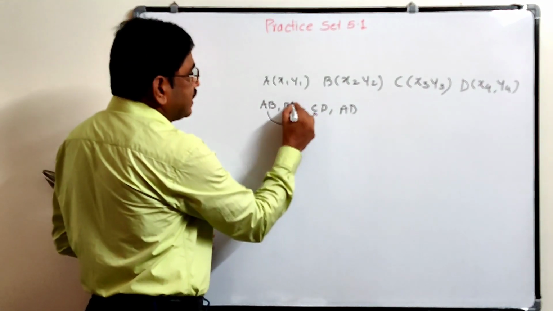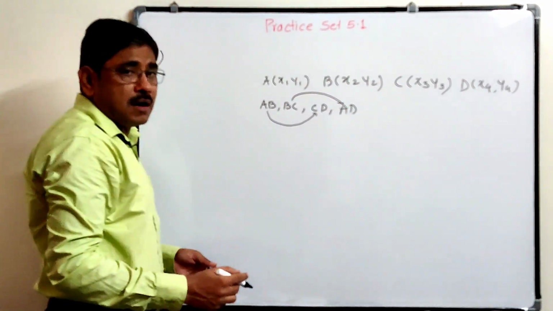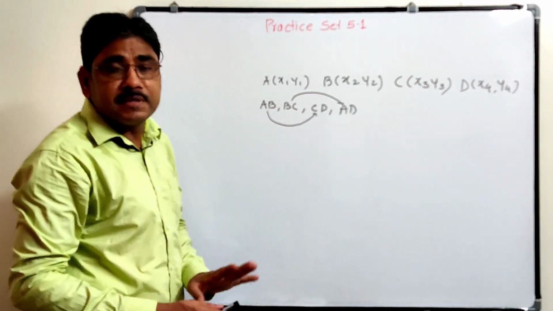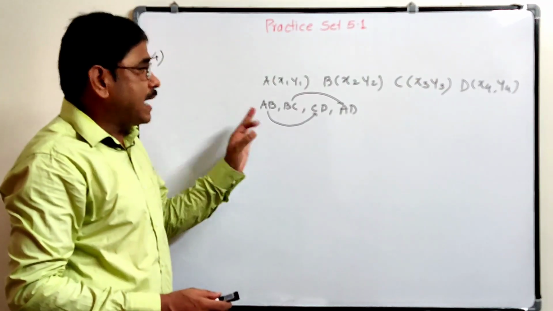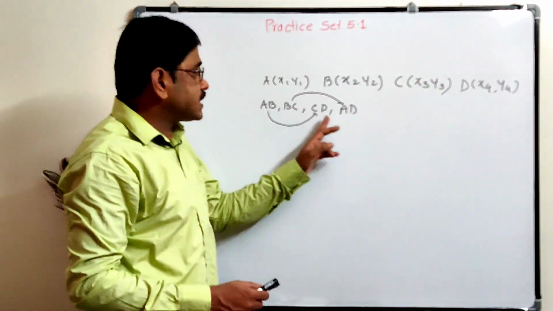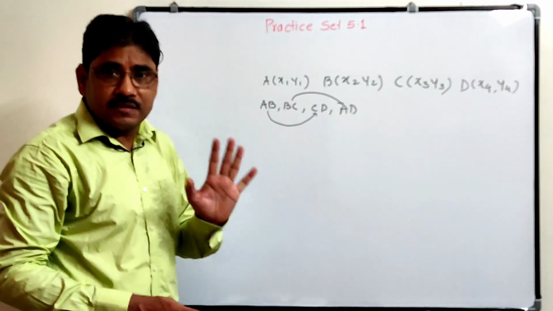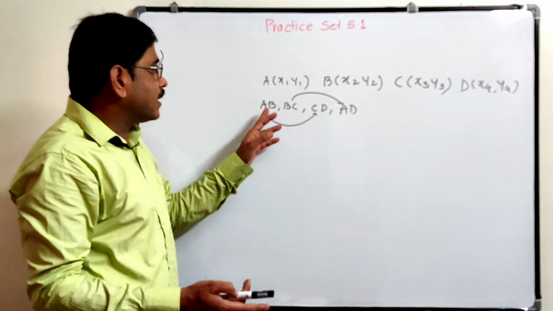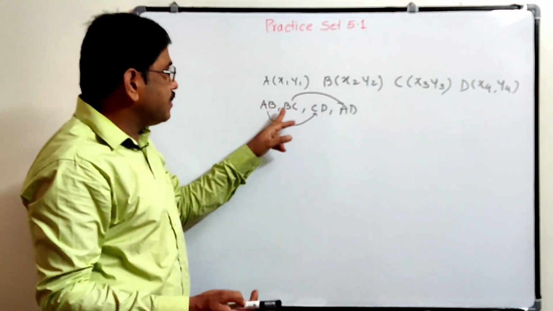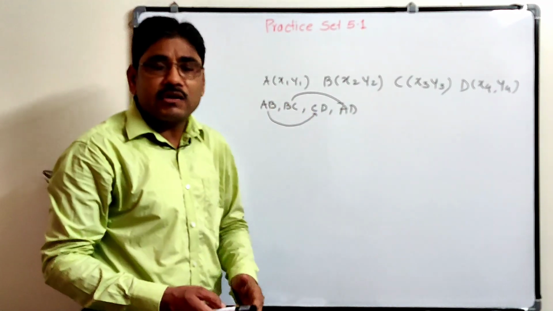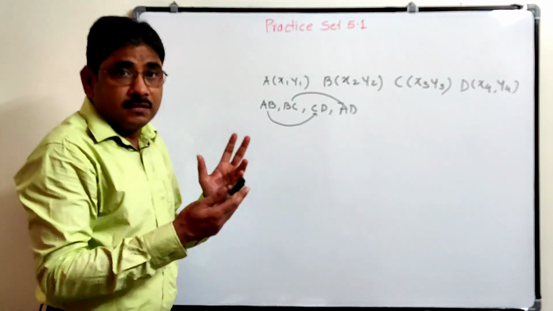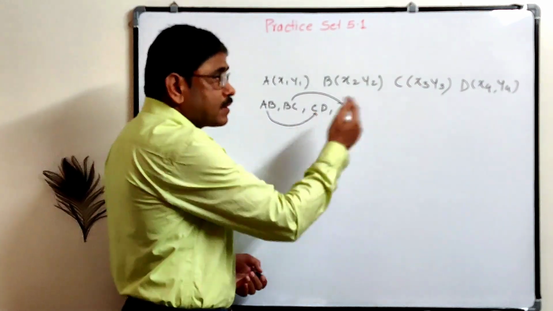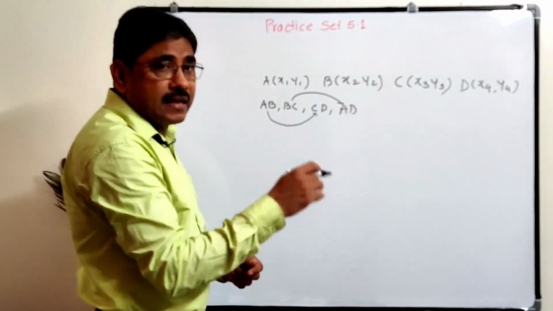If AB and CD, BC and AD, these opposite sides are congruent, opposite sides are congruent means it is a parallelogram. If all 4 sides are congruent, it is a rhombus. अगर चारों congruent आते हैं तो rhombus है. अगर एक के बाद एक यानी AB and CD, BC and AD ये congruent आता है, then it is a parallelogram. अगर ABCD is 4 points, then how will we get the diagonals?